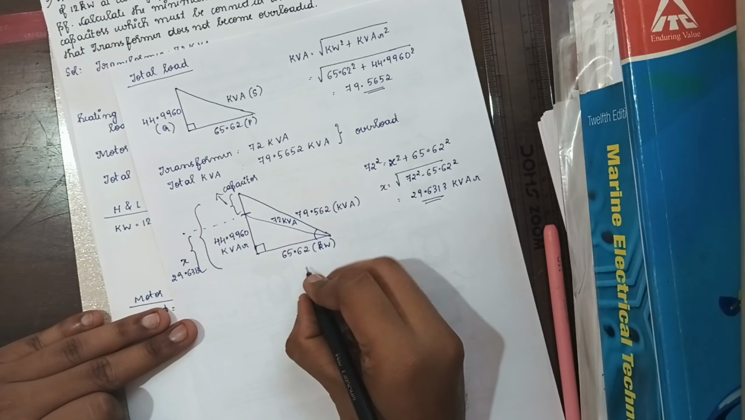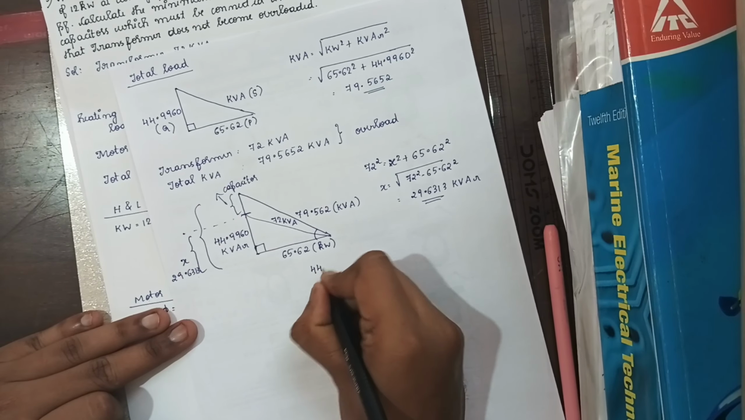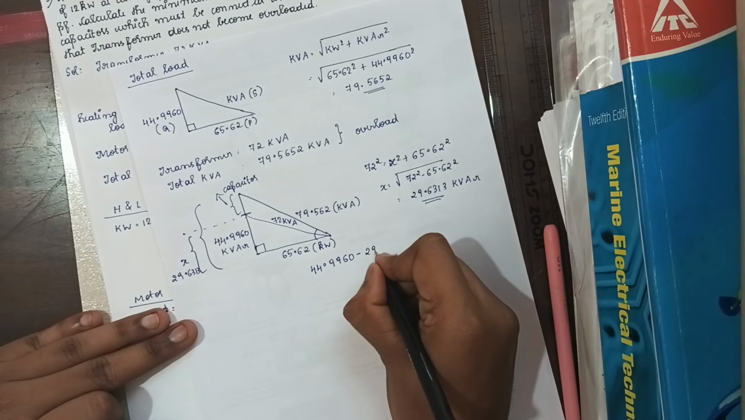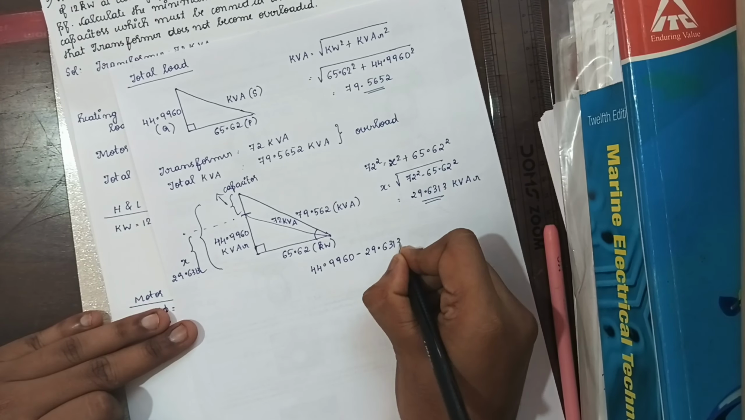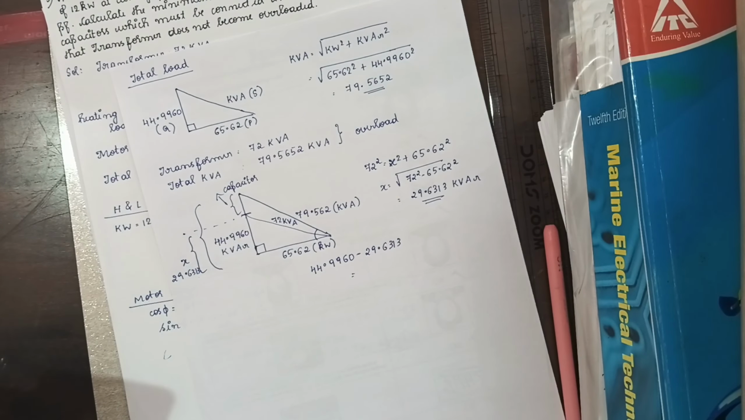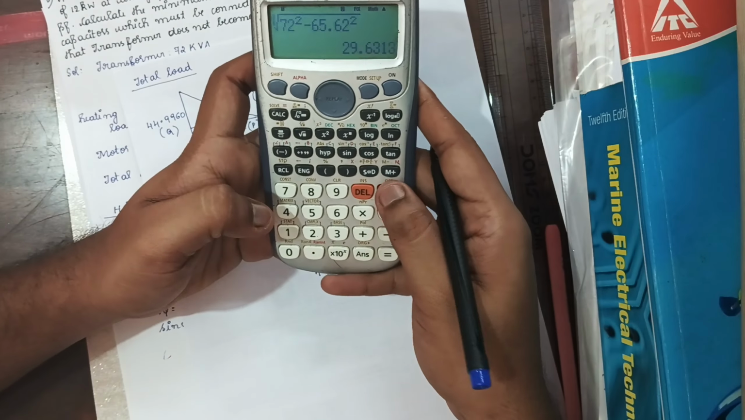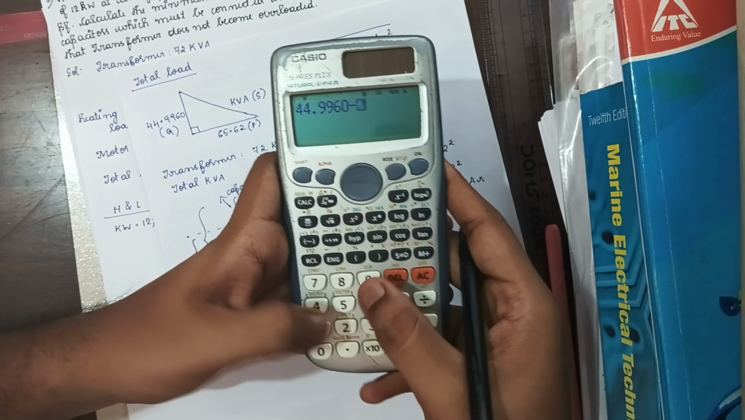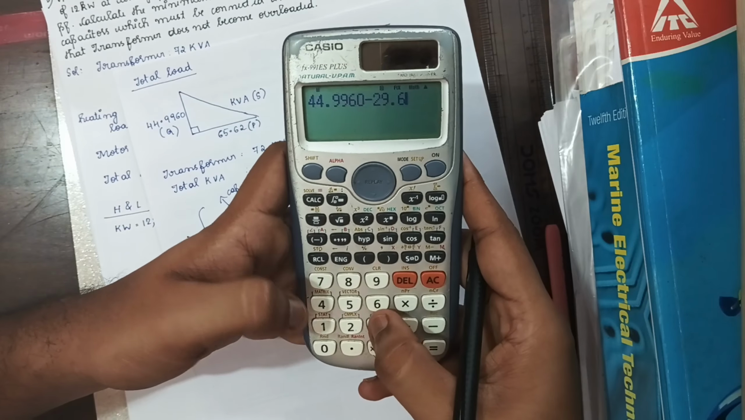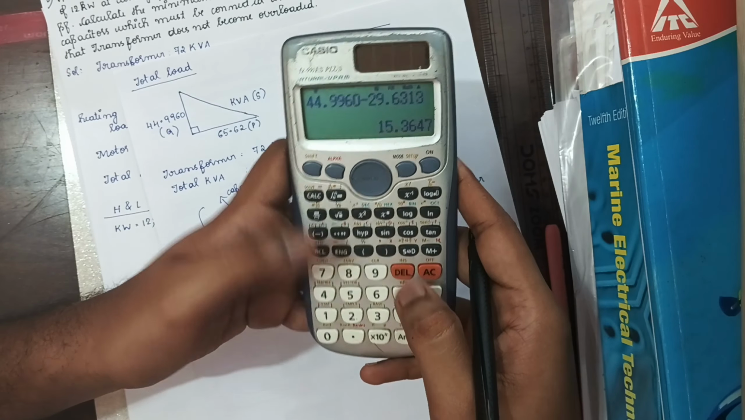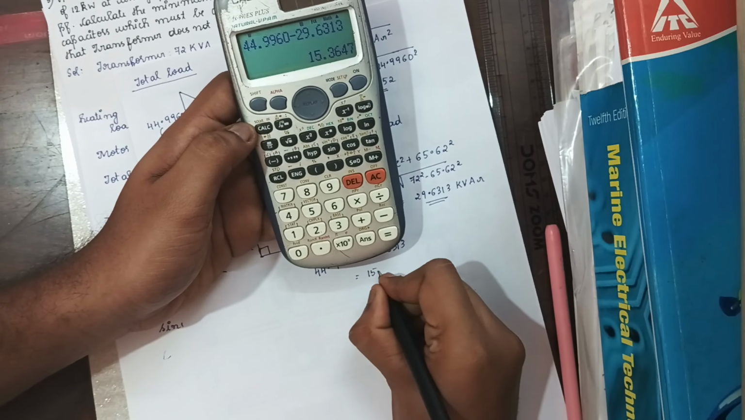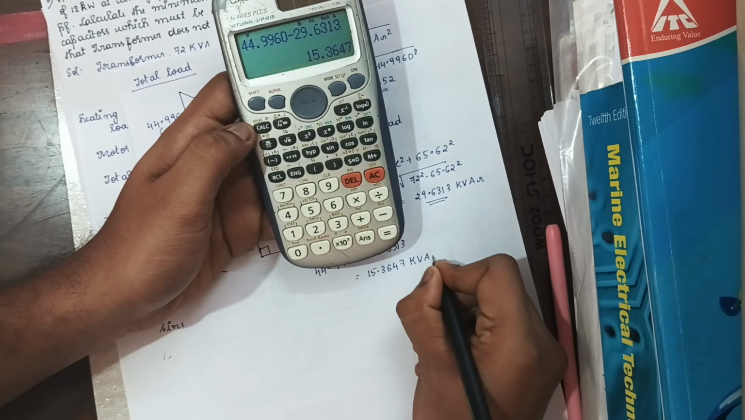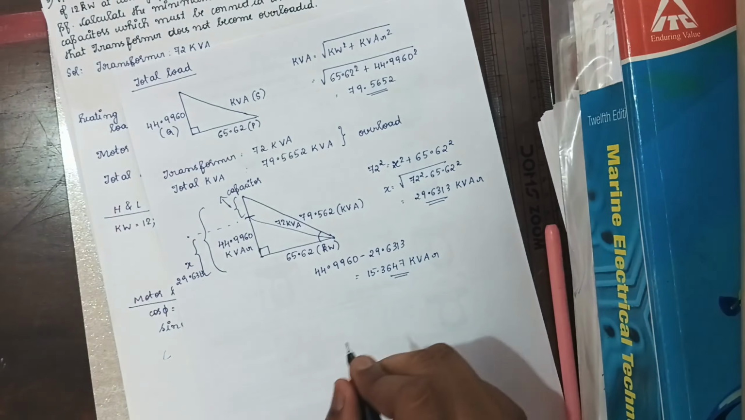So to find that kVAR, that is 44.9960 minus 29.6313, that is equal to 15.3647 kVAR. Okay, so it says that